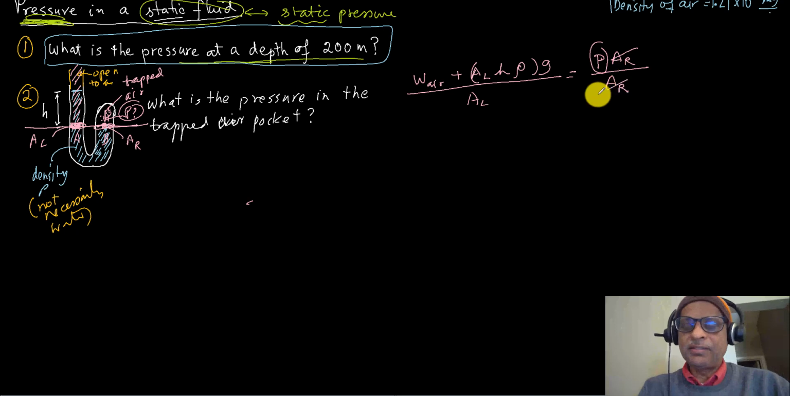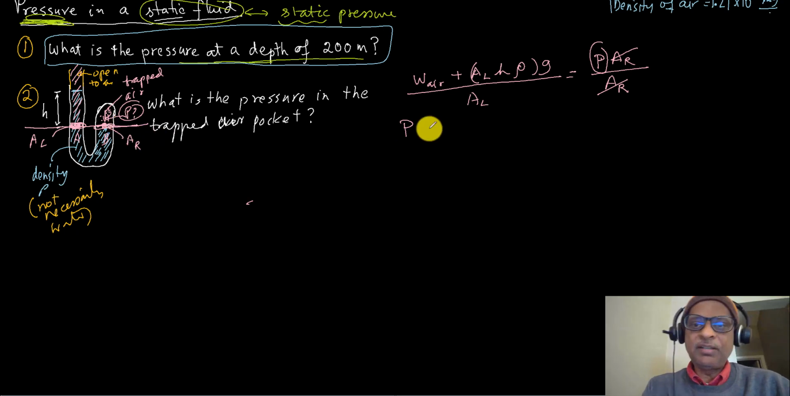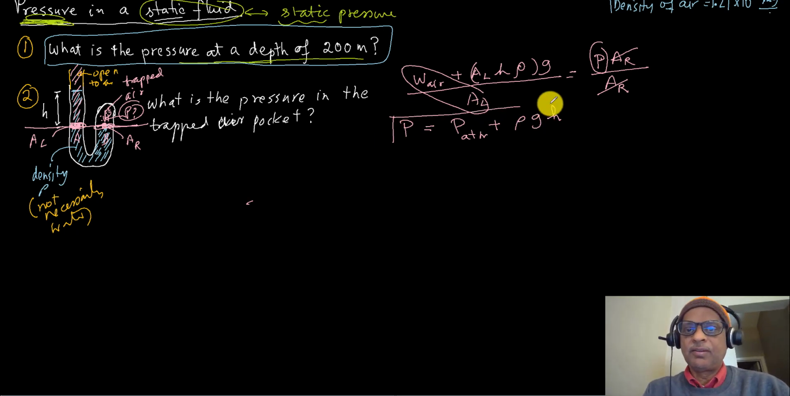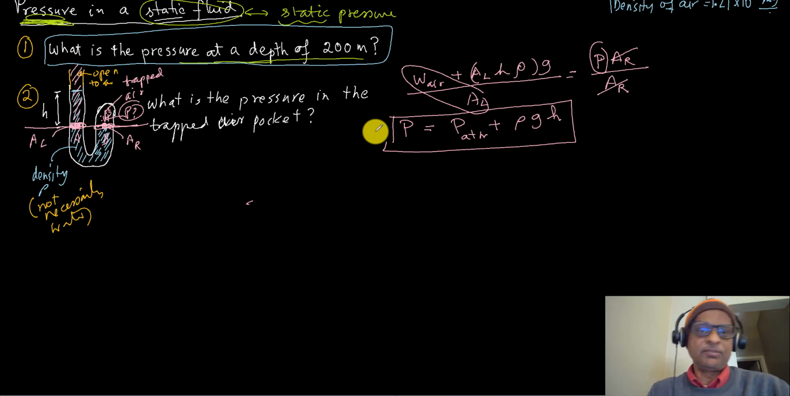The area cancelled out, and so the pressure that we want, pressure on the right side, will be just this will be the atmospheric pressure, and AL cancel out, and you get rho GH. So that's the answer. That's the answer of the pressure in the trapped air, because it has to